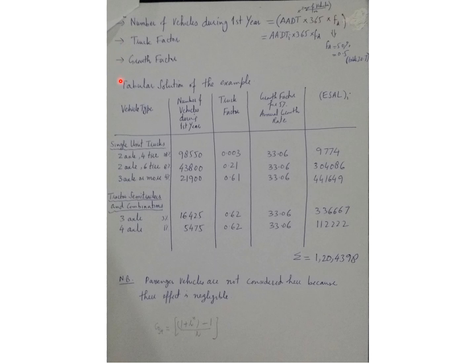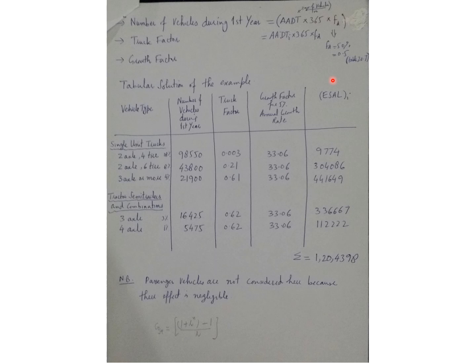So tabular solution of the example is given. So look at the various columns. The first column, vehicle type. The next column is number of vehicles during first year. Then the truck factor, growth factor for 5% annual growth rate, and then the equivalent single axle load,